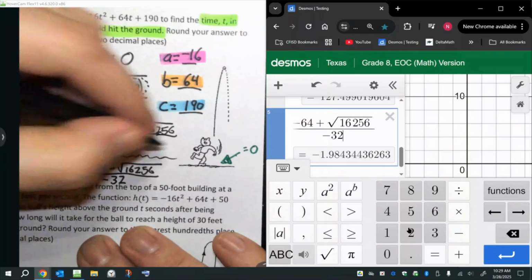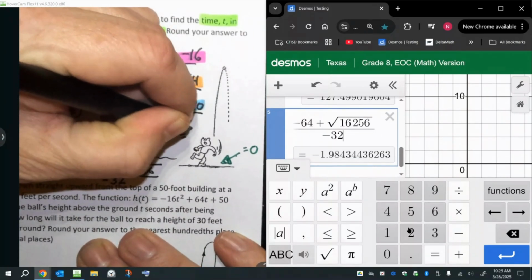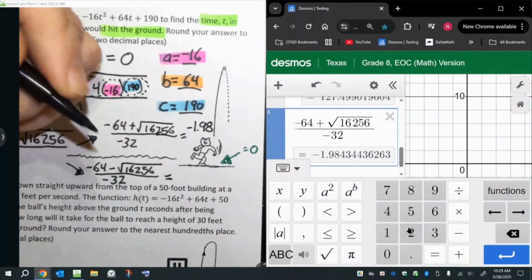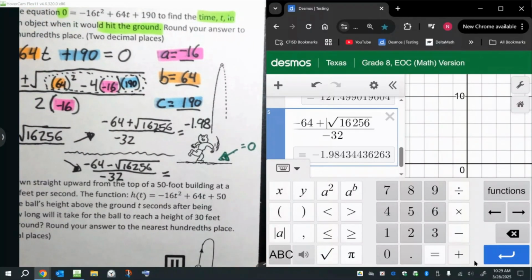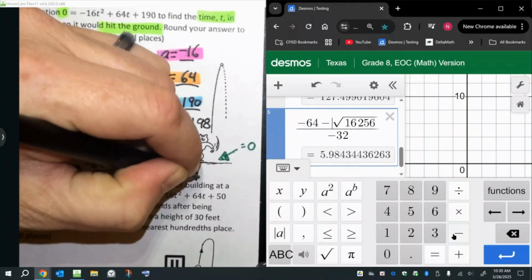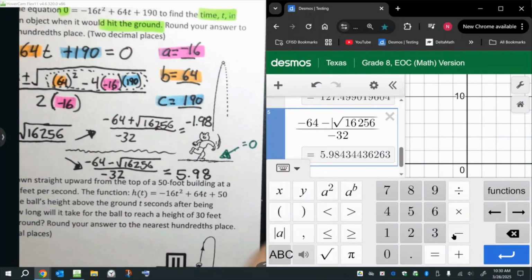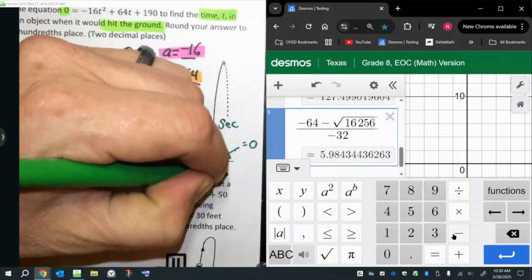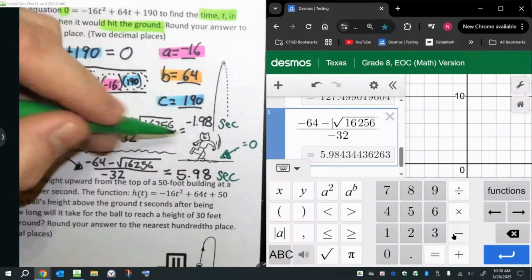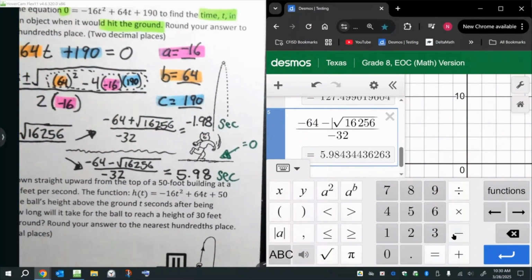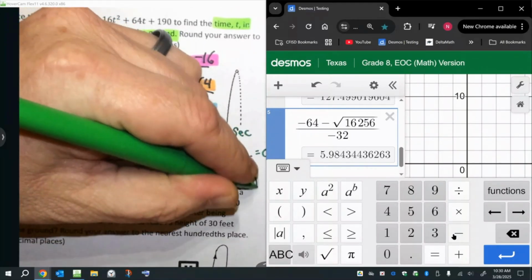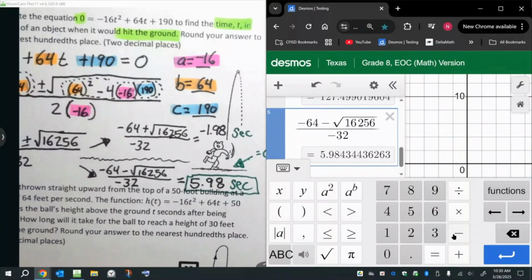And I get negative 1.98. And then here, change it to a minus sign, and I get 5.98. And so we're talking about seconds, right? We're talking about seconds. So can I have a negative 1.98 seconds? Does that make any sense? Is that reasonable? No, we're talking about an object going up into the sky, and then it comes back down,